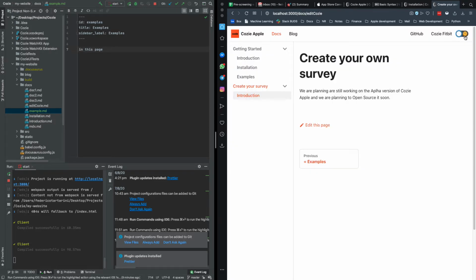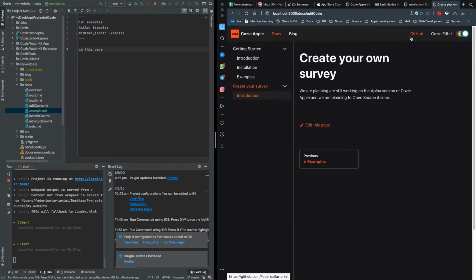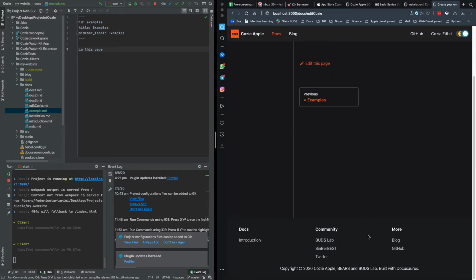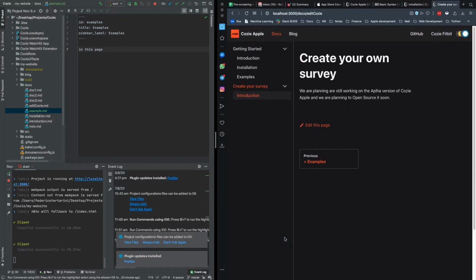You can have the dark and light mode, and then you can add links in the navigation, and you have a footer, and that's all. So basically that's